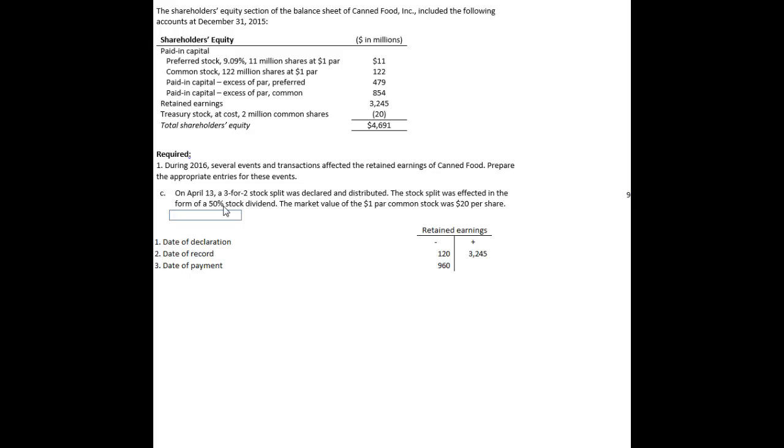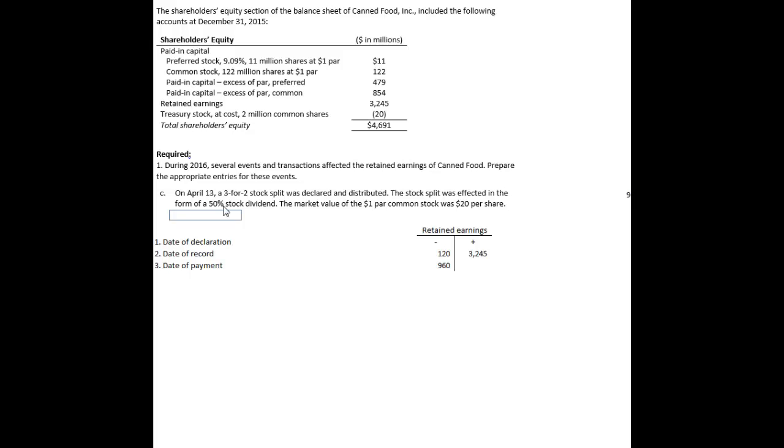And so there's really no entry we have to perform when a stock dividend is declared in an amount greater than 25%, because that's classified as a stock split. And there's no reclassification of paid-in capital that has to happen. The FASB is fairly open here, and there are companies that do make journal entries here, but I'm going to keep it as easy as we can for our purposes and say that for transaction C, there's nothing you have